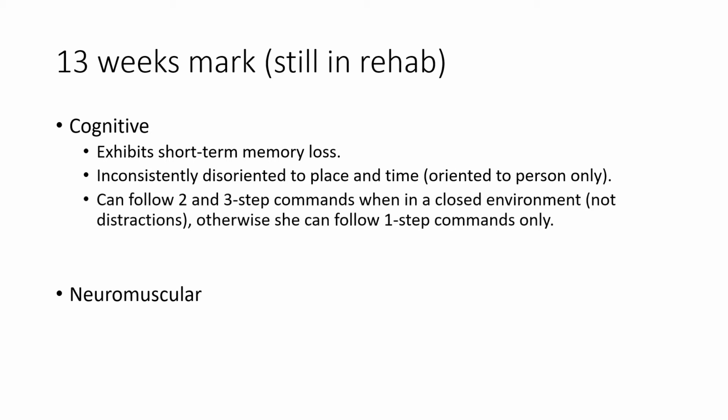Case in point, she can follow 2- and 3-step commands, but that is in a closed environment, where she tends to excel more. Otherwise, she can follow 1-step commands only. As we discussed related to traumatic brain injury in that lecture, distraction from the surrounding environment can be a possibility. So if she's in a closed environment, for example her hospital room, you could say to her, Marie, can you reach over, grab the plate on the side table, and hand it to me? And she could do that. But if she had to do something similar in the outside environment, where there are greater amounts of distractions, she might be limited to only reaching for the plate.